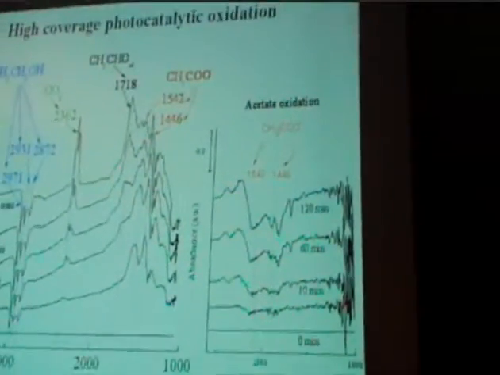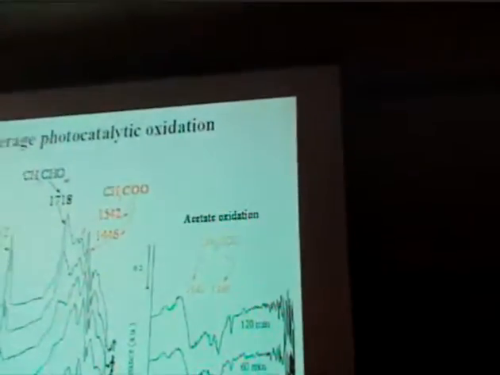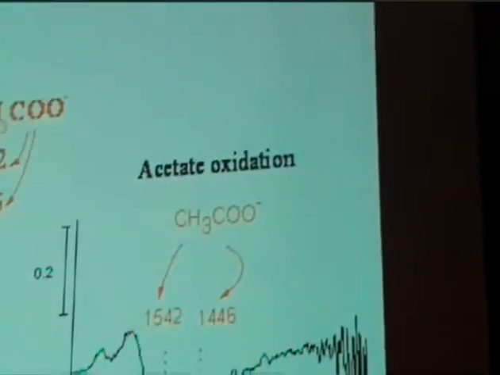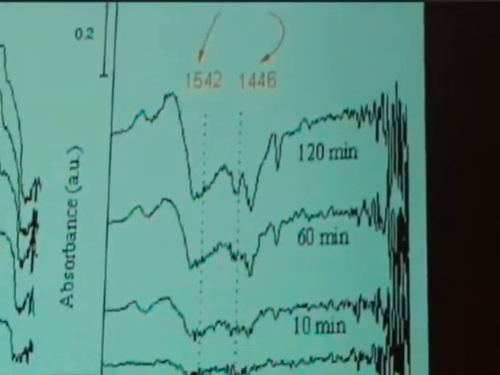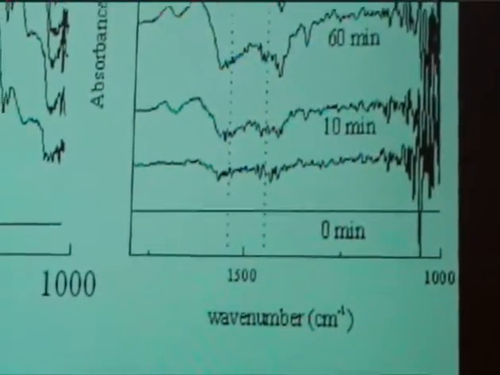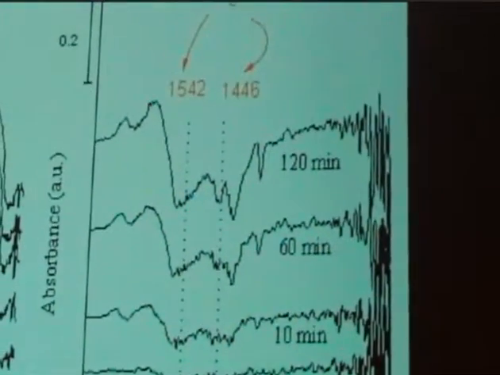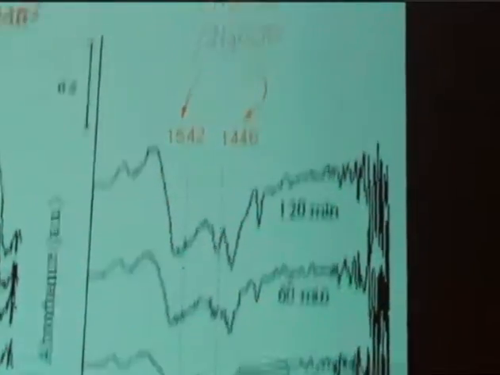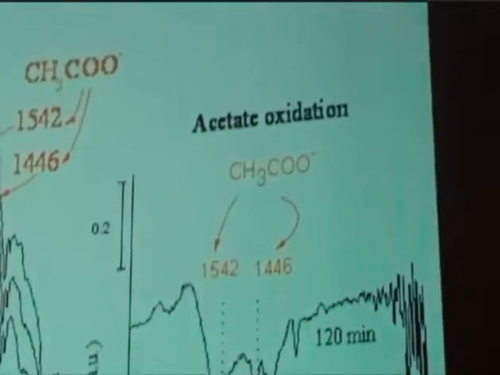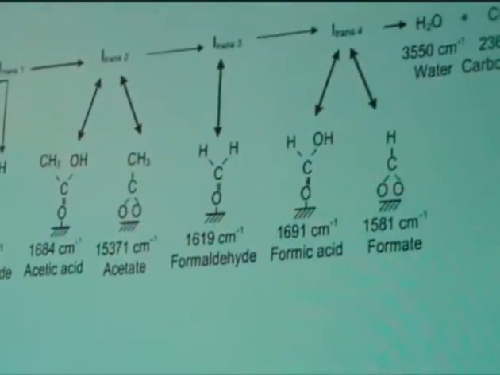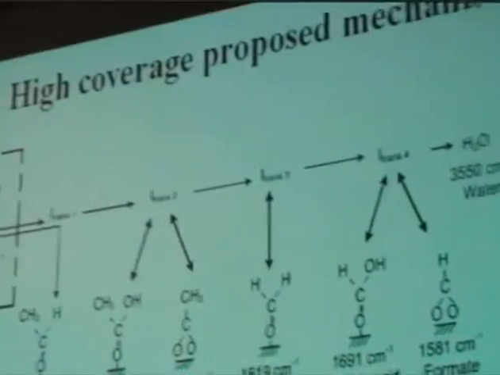To make sure that we had the correct band assignment, we ran the acetate oxidation, and we confirmed that, as you can see in these bands, 1542 and 1446 correspond to acetate, which is consumed in the acetate oxidation, and in our case here it's being produced as an intermediate species. And we propose a high coverage